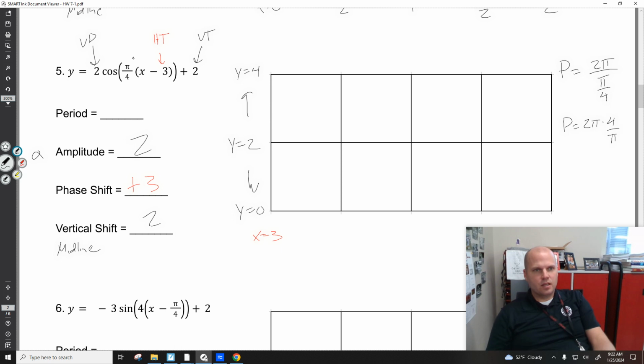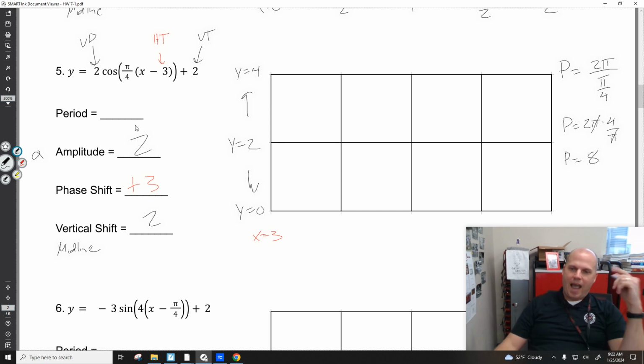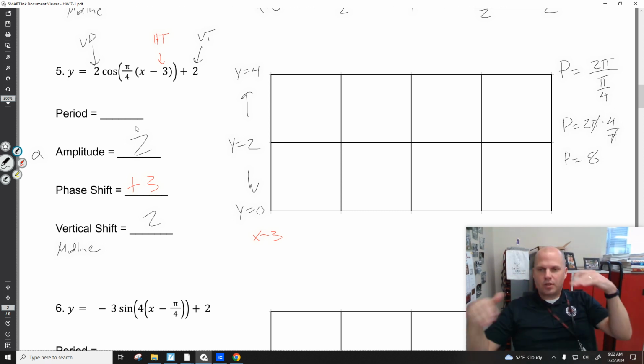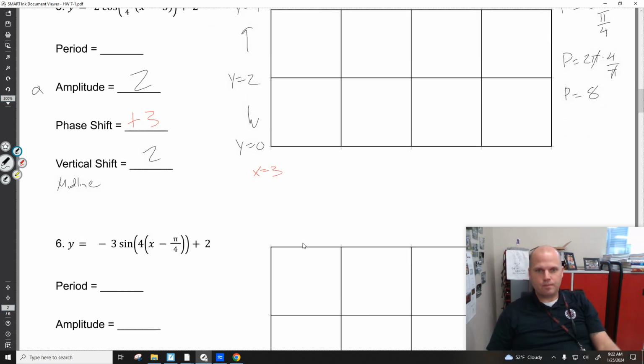So if I see pi over 4, I know you're just going to take your x's and multiply by 4 over pi. Again, inverse, undo. What we find is the pi's cancel and our period for this graph is 8. I have to plug in 8 more to get an input of 2 pi. Let's think about this. 3 plus 8